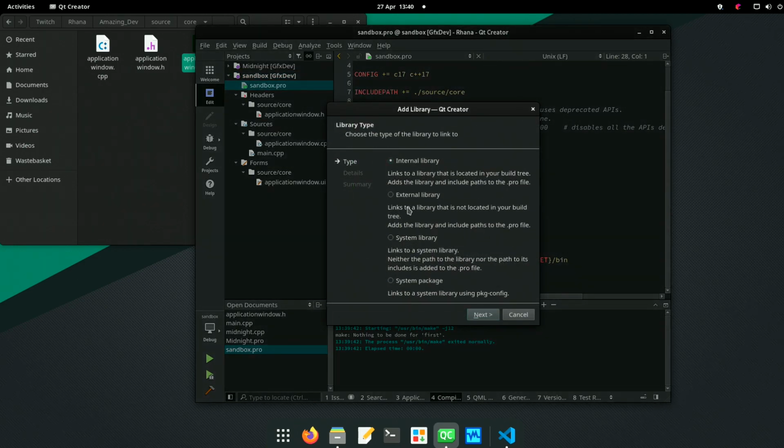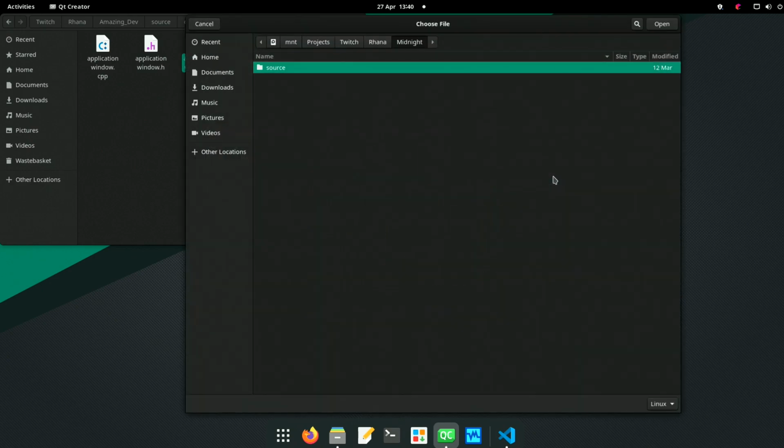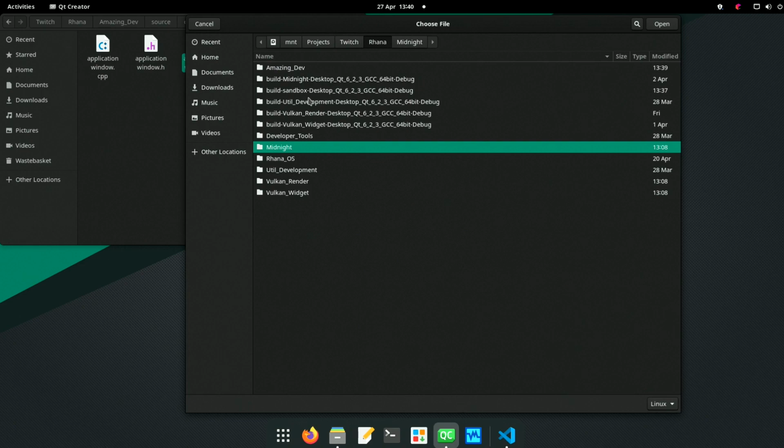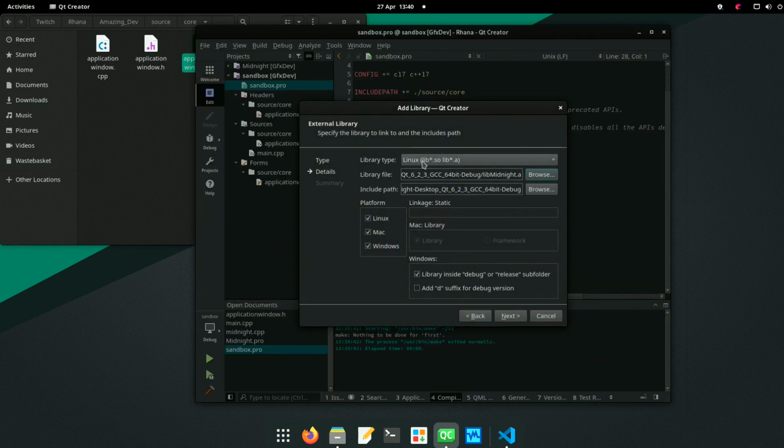Add library. External. Next. Library type. Library file. It's Midnight. It's that one. Okay, you're in.